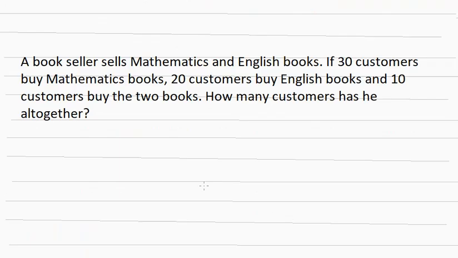Here I have a word problem. The question goes this way. A bookseller sells mathematics and English books. If 30 customers buy mathematics book, 20 customers buy English book, and 10 customers buy the two books, how many customers has he? I'm very sure that solving this question is not going to be a problem,